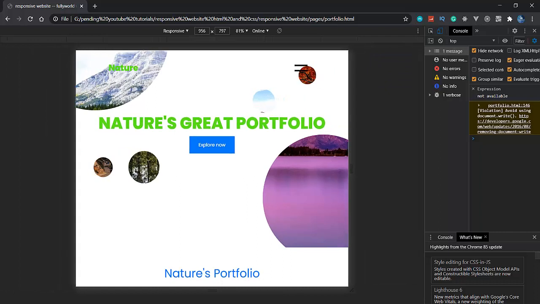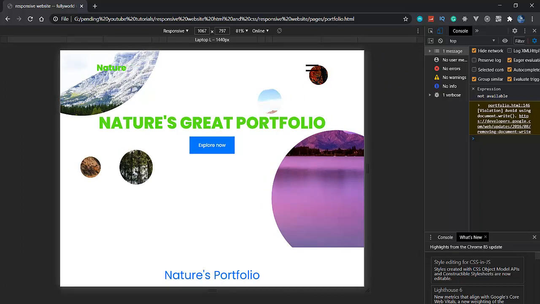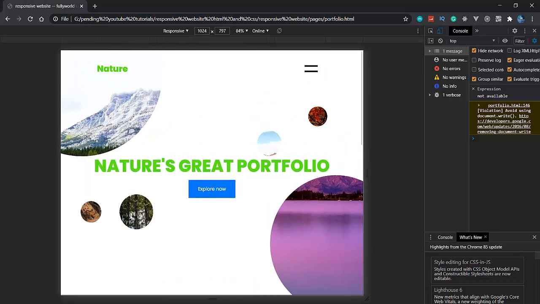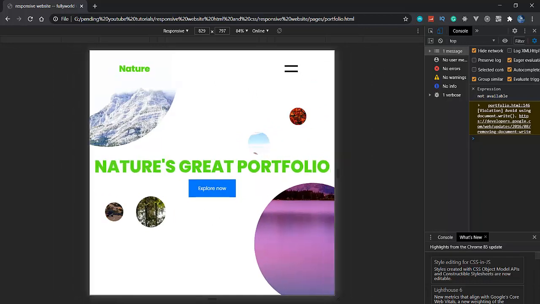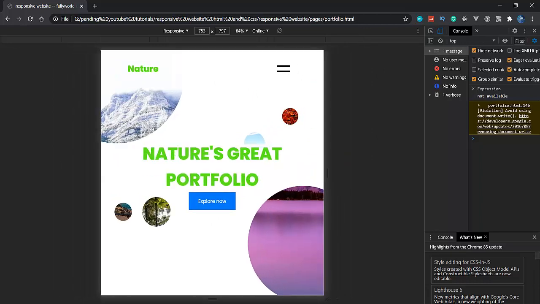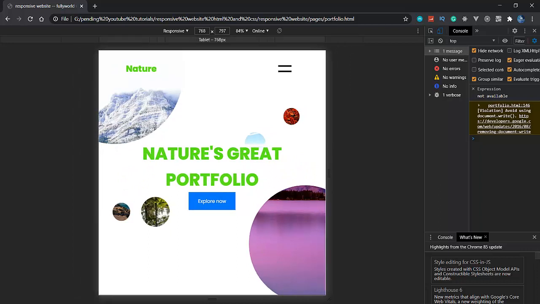Let's move further. From 768 pixels we have to change it, because up to 1024 pixels it is looking good, and after 768 pixels it is also looking good.